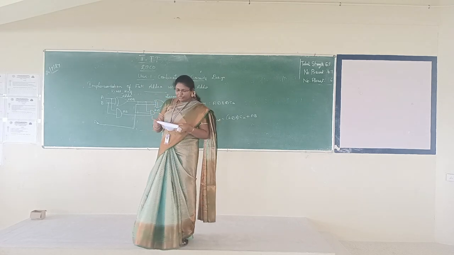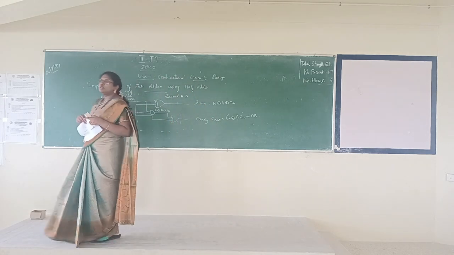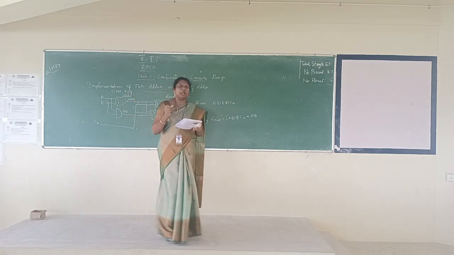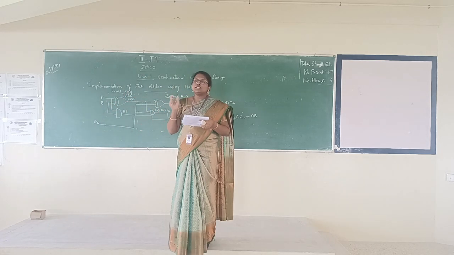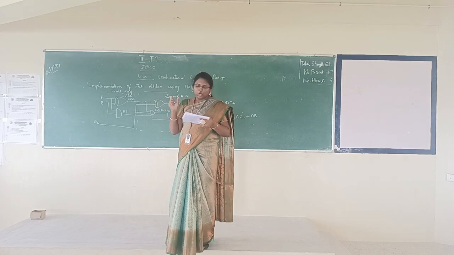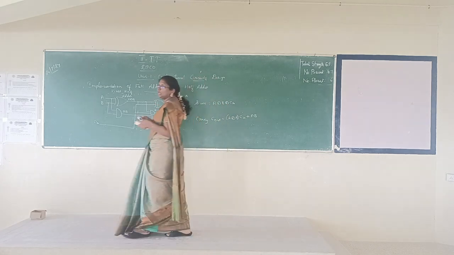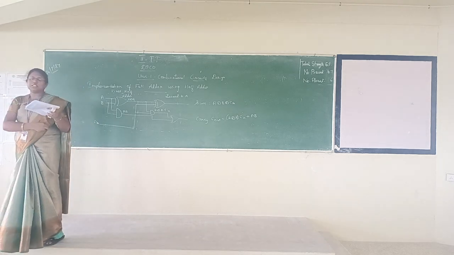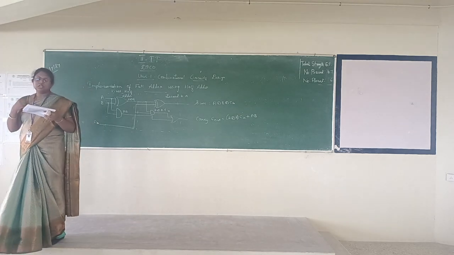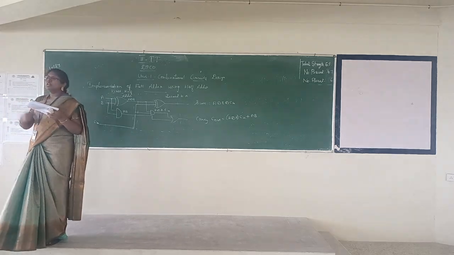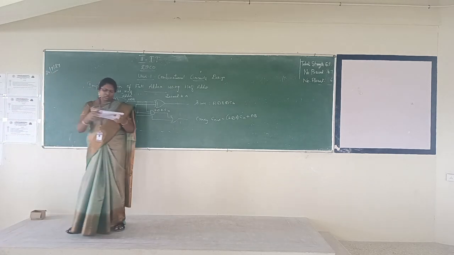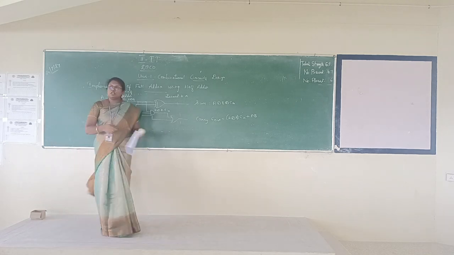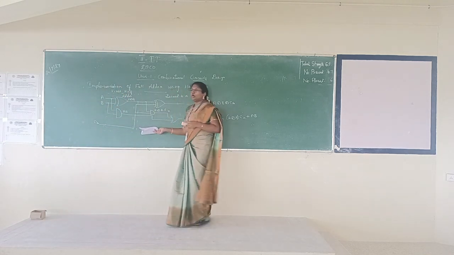Then listen, for sum we have used the laws. For sum you have to write C in XOR A XOR B, right? So similarly we are going to do it for carry also. Write it down: Cout is equal to Cout. See, those are not shown in this diagram, copy it down.